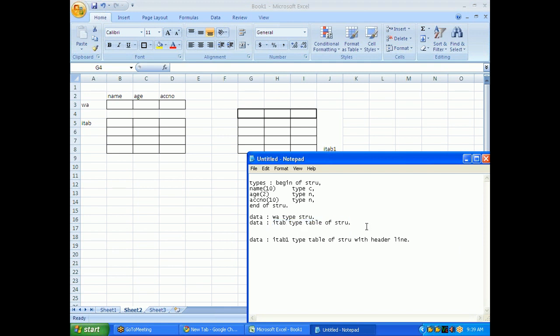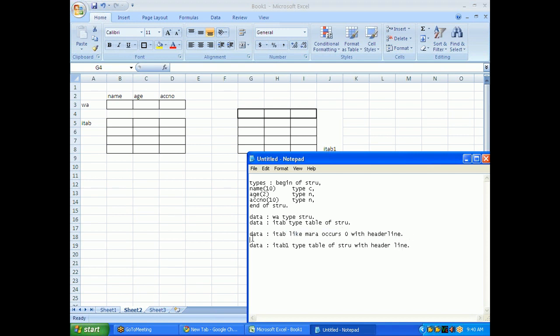I can also declare like this: data itab like mara occurs 0 with header line. This is also one kind of declaration. If I declare like this, then also one internal table with the name itab will be created with header line.